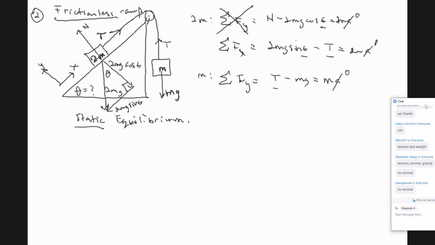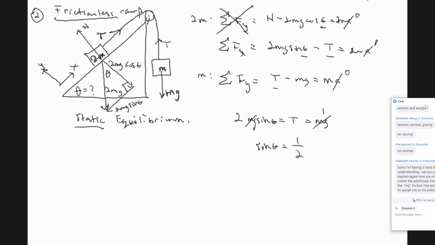So, since we're ignoring that, we end up getting 2mg sine of theta is equal to t, and t is equal to mg. So we can write that here like this. Divide throughout by mg. That just becomes 1. Divide by 2. So sine of theta is equal to 1/2. So theta in this case is equal